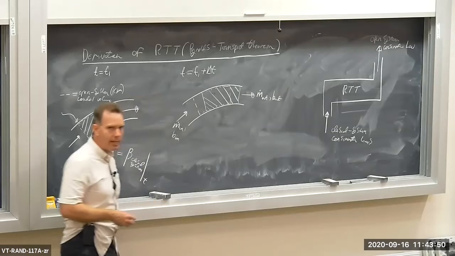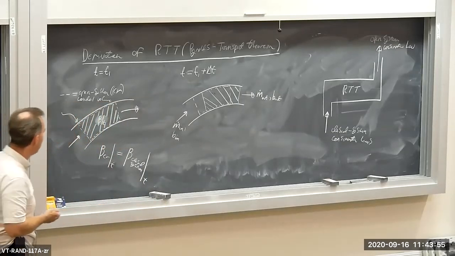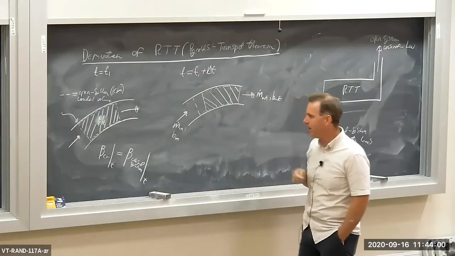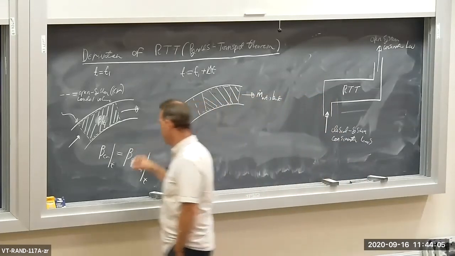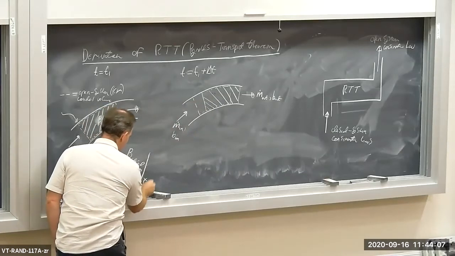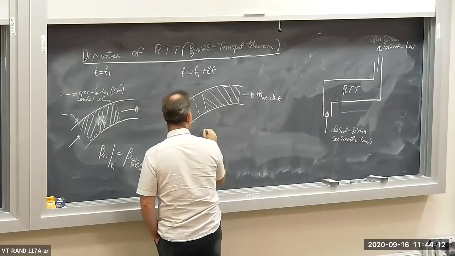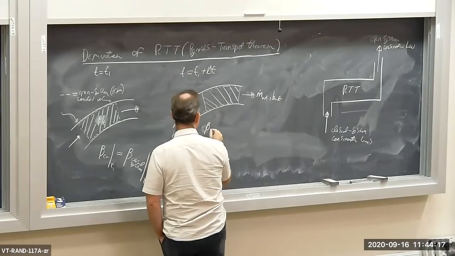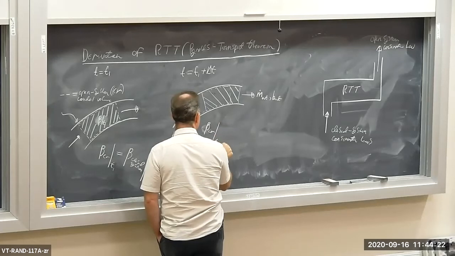Now, how much beta? That could be energy, it could be mass, who knows? How much beta do I have within my dash line, my control volume at time t1 plus delta t? I guess I'm calling it t1 here. Put a 1 there, all right? So the amount of beta that I have in the open system, beta in the control volume or open system at time t1 plus delta t,